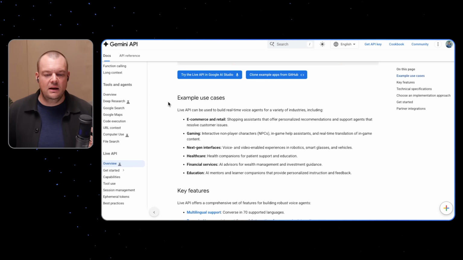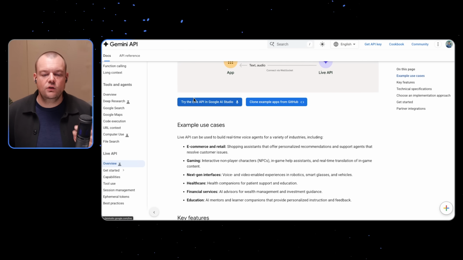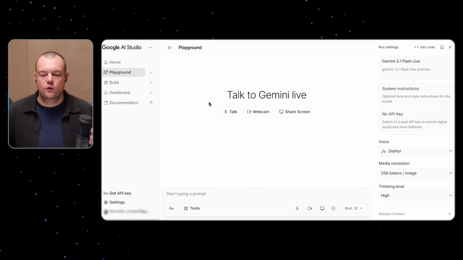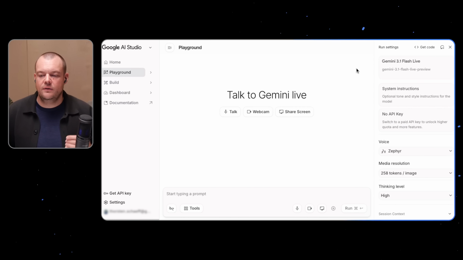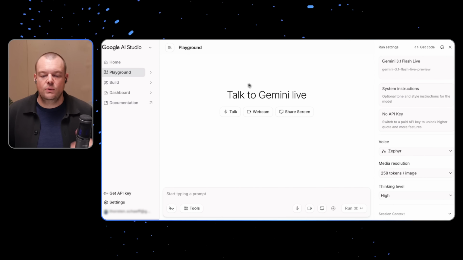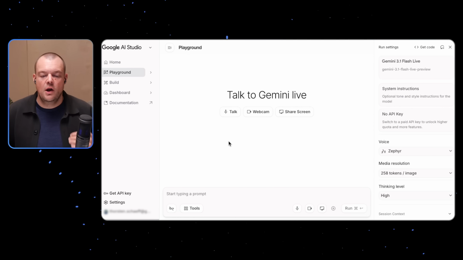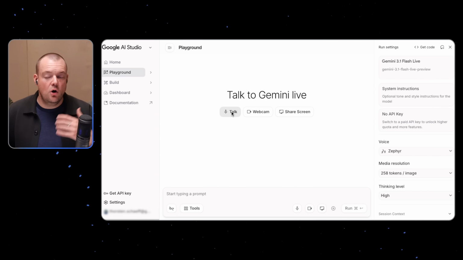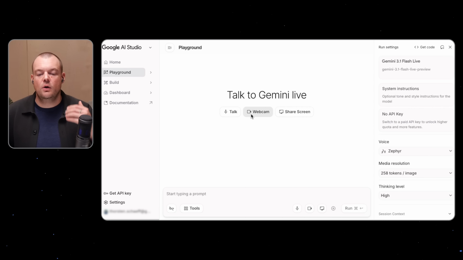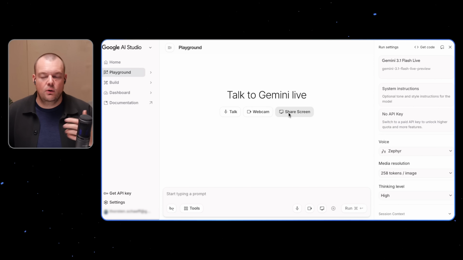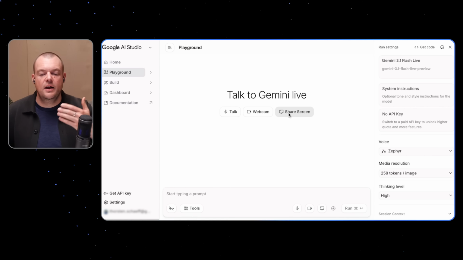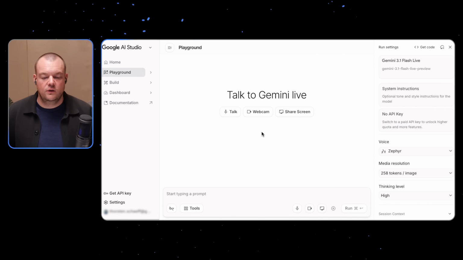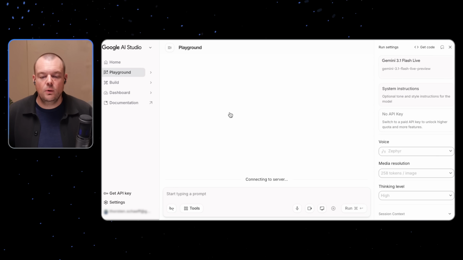If you want to get a feeling for the new model, the easiest way to try it out is here in Google AI Studio. In Google AI Studio, we can select the Gemini 3.1 Flash Live model, and then we can kick off our session. So we can not only ingest audio in real time, we can also ingest video frames, from our webcam, or we can share our screen. So we're just ingesting images in real time to the model. So what we can do now is,